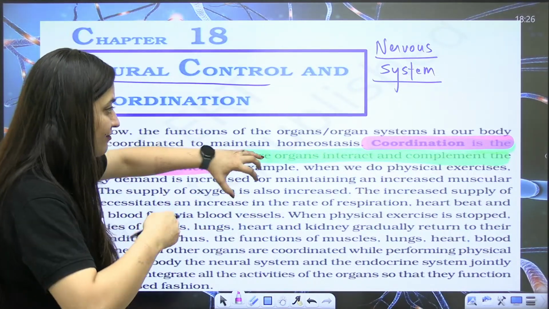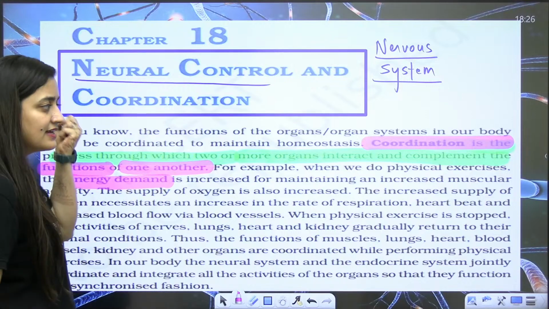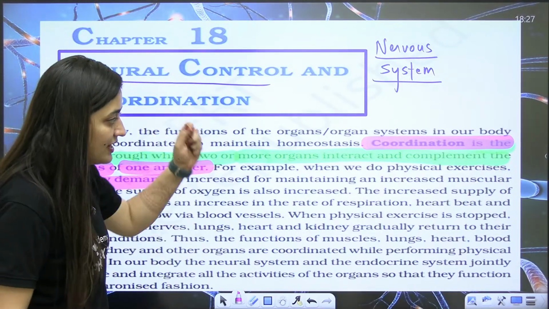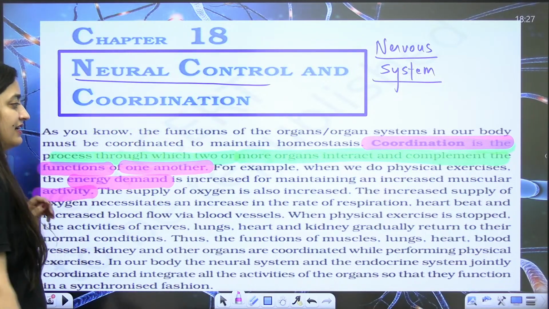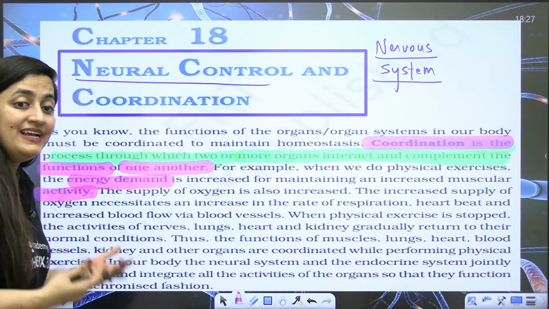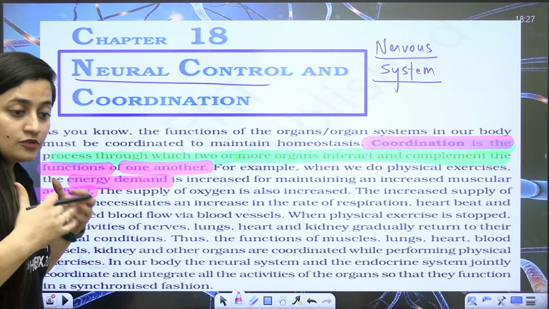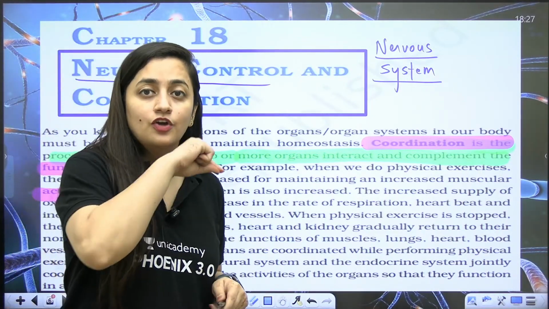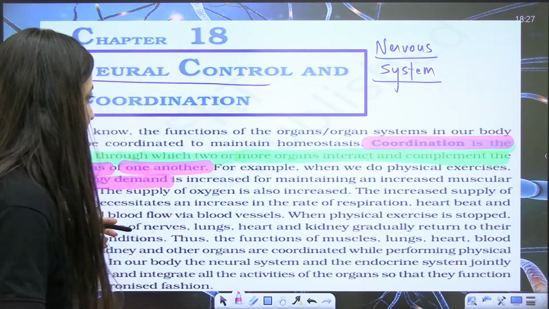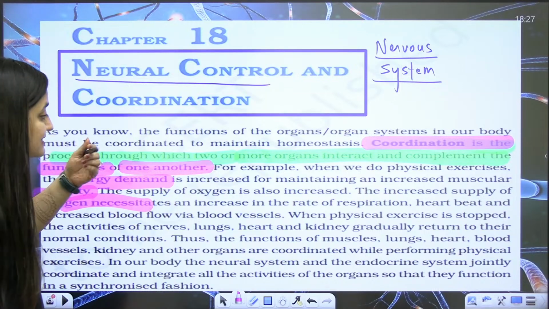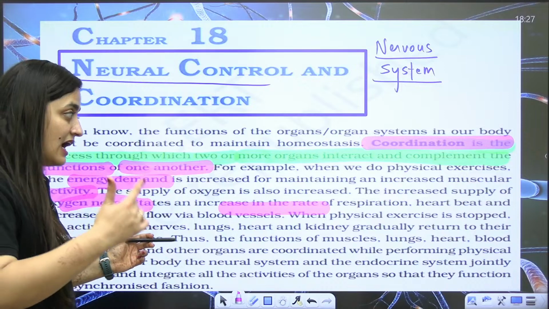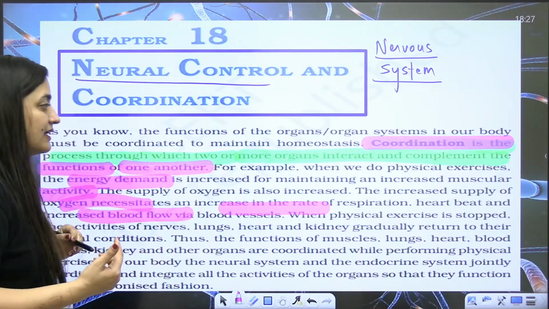Okay, students. When we do physical exercise, the energy demand is increased, right? Increased muscular activity is there. So obviously, let's say you are running, there is more need for oxygen. You don't have to tell your heart or your blood, I need more oxygen, please give it to me. Obviously things are in a coordinated way. So increased supply of oxygen necessitates an increase in the rate of respiration. Our rate of breathing will increase, our heartbeat will increase, blood flow will increase. Simple,